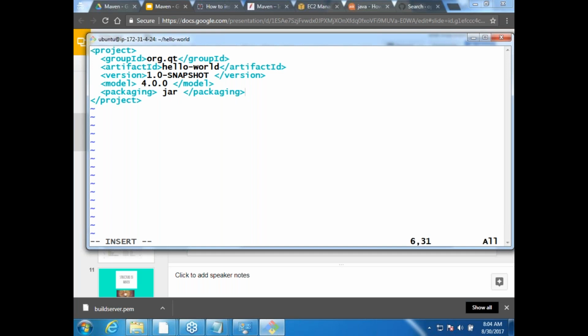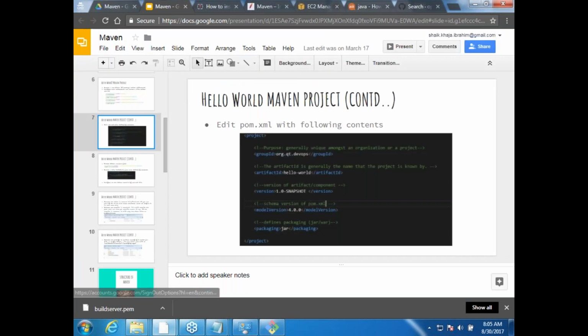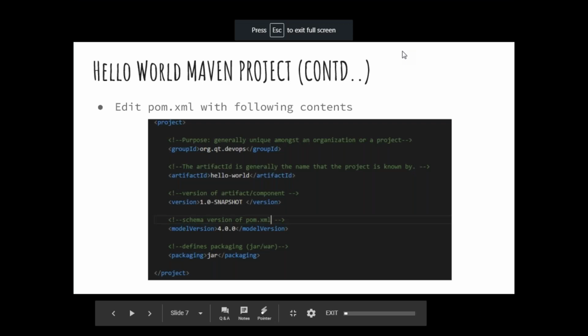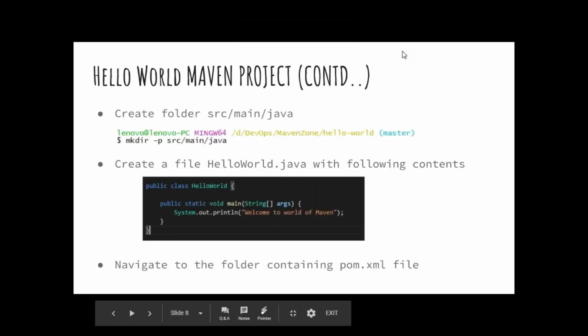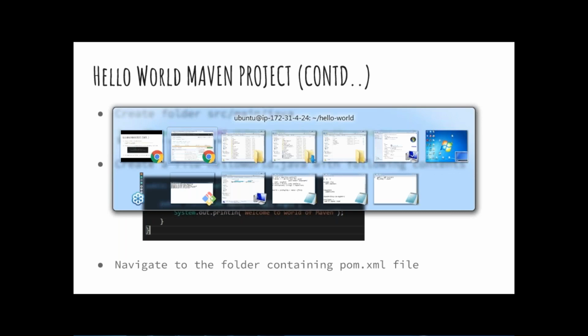Fine. So we'll be writing pom.xml, and Maven has a very strict folder structure to be followed. The folder structure of Maven is always fixed. Let me finish this and go to the next slide where it tells you about the folder structure. Wherever you have the pom file, by default you can change them, but 99% of the cases you will not change it. It has something called src, the source folder, and in that you would have main, and in that you would be writing your code.